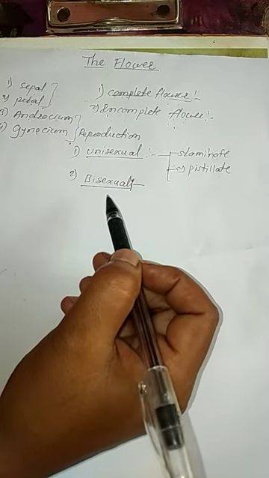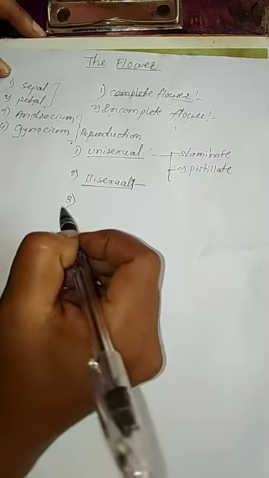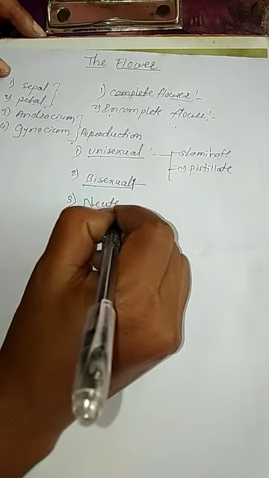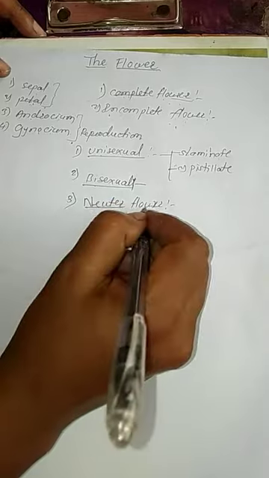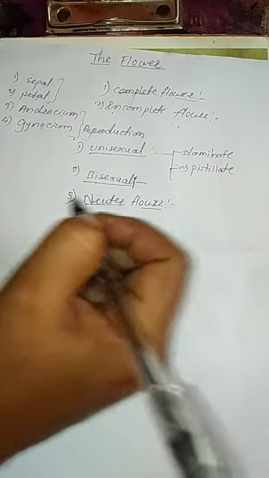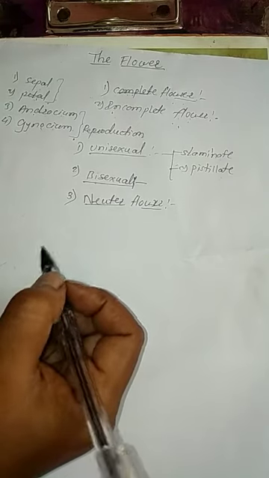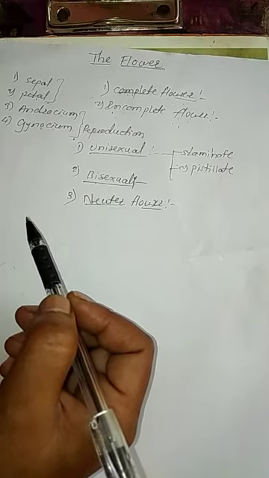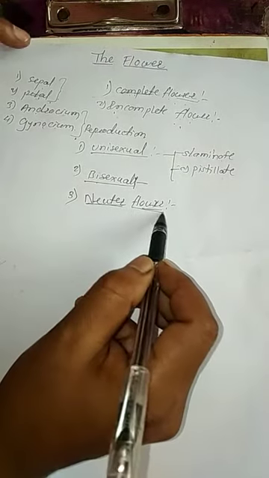And with the help of a diagram I explained this in my last video. And the next important definition is the neuter. Neuter flower means the flower which does not contain male and female reproductive organs. This flower is called the neuter flower. Got it students? What is meant by neuter flower? The neuter flower is a flower in which both male and female reproductive organs are missing.